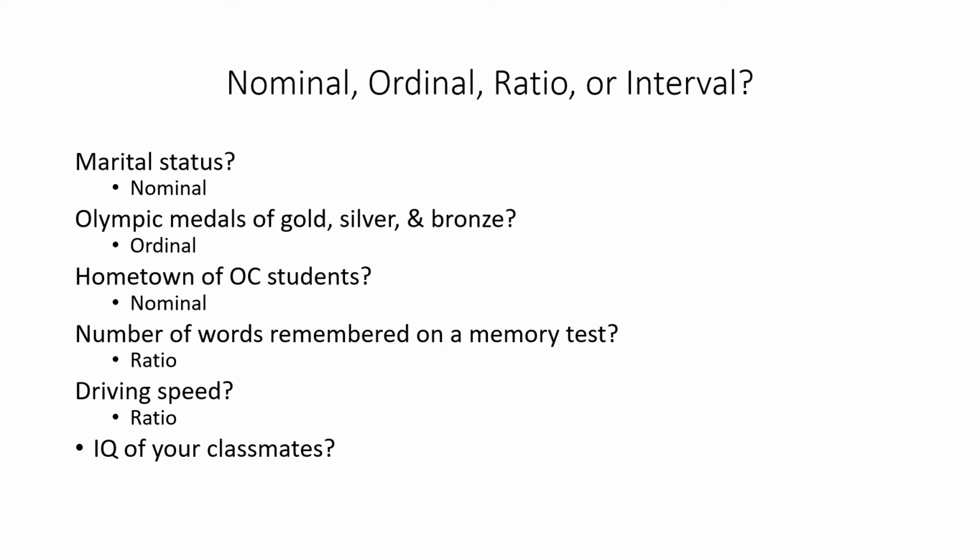Here's a tricky one. Now, I'm going to say it's interval. That is because technically an IQ of 0 isn't an absence of intelligence. You're never going to be able to get to 0. However, this is a tricky one because the way we measure it, it could be that 0 is an absence of. And at the same time,